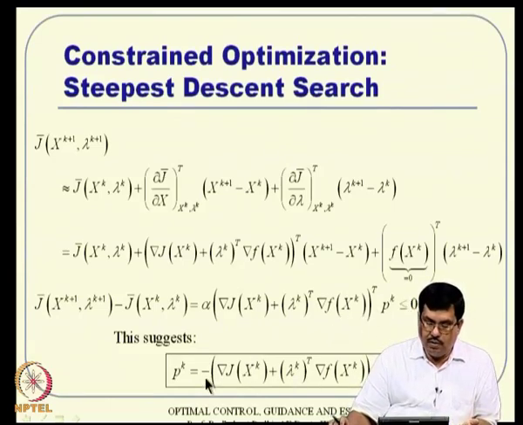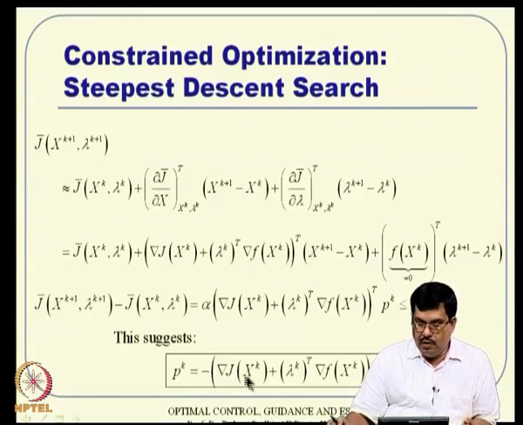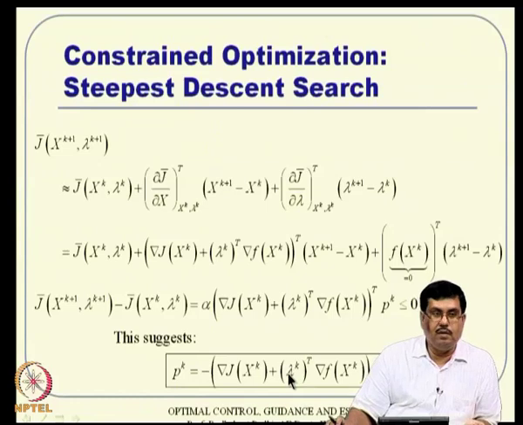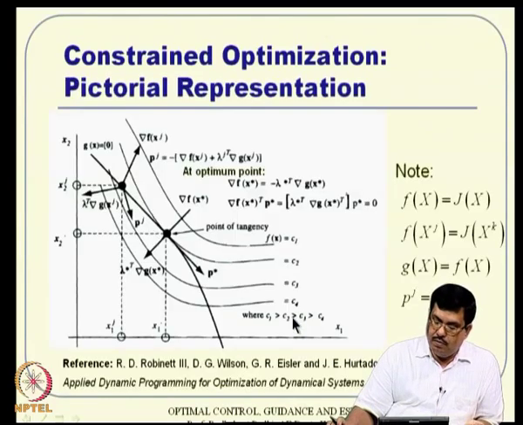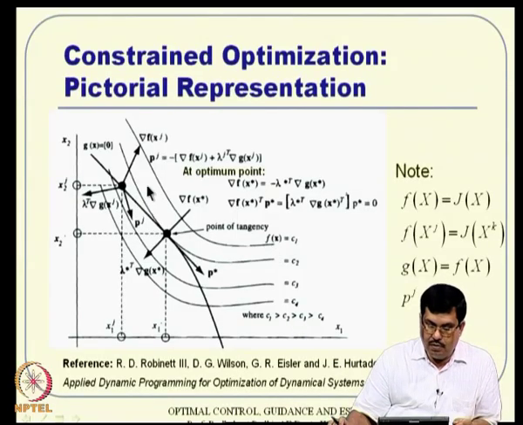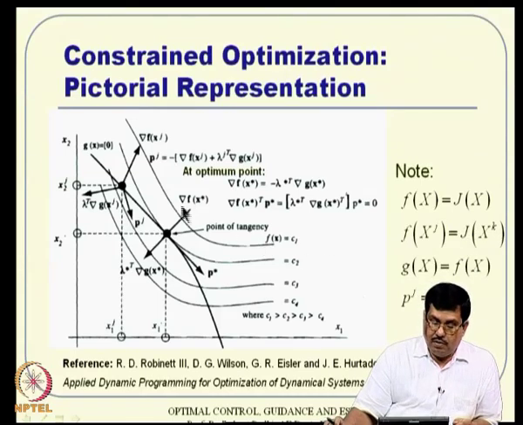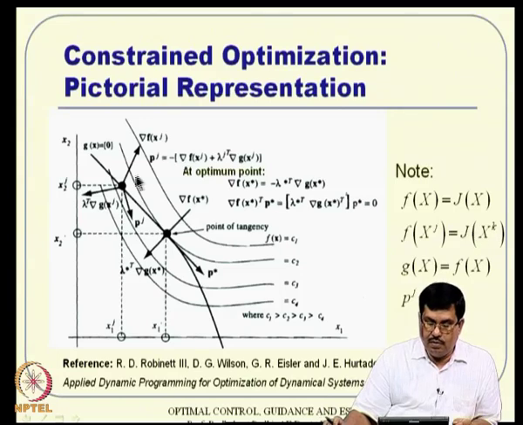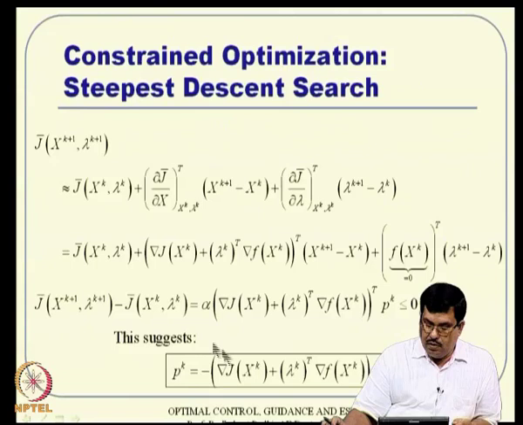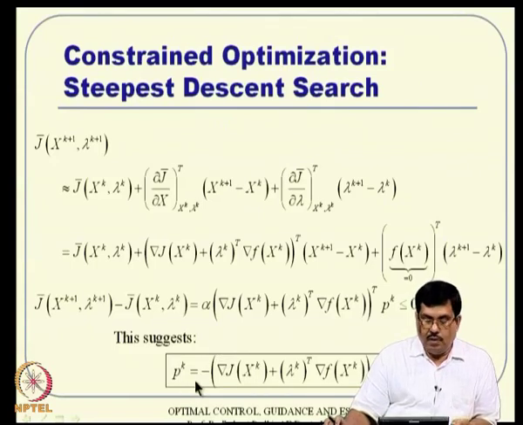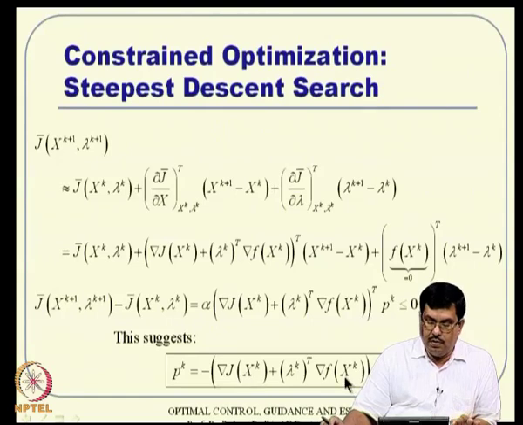So, that is how we get the p k, but now p k is a linear combination of this gradient as well as that gradient, coupled with this lambda k and all that. Now, this has its own geometrical interpretation. In general, again this notational incompatibility will be there, but ignoring that for a second, I think you can correlate that rather easily. So, the f turns out to be j and things like that. So, what happens here? If you just look at the expression here, the search direction is the negative direction of these two gradient vectors.